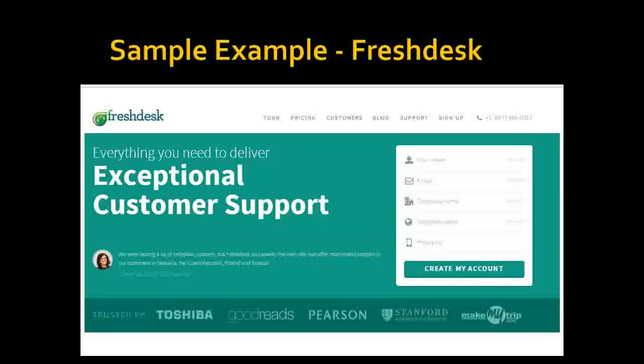exceptional customer support in the center. Now this is a screenshot of above the fold. I hope people know what above the fold is. In the interest of time, I'll let people know. Above the fold is the portion of your website that you can see without scrolling down with the mouse. Why is that important? We talked about bounce rate. You know what happens when people bounce? They don't even scroll down. Why is that? Because we are all lazy. We don't even want to scroll down. So above the fold is the most valuable real estate